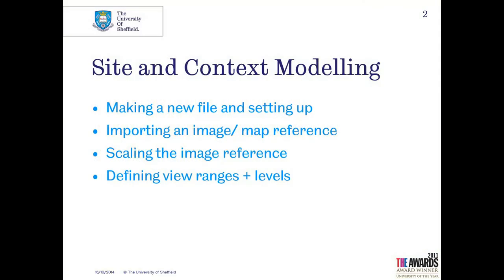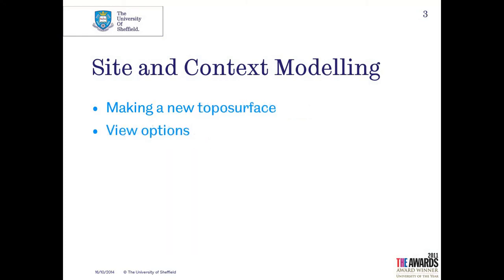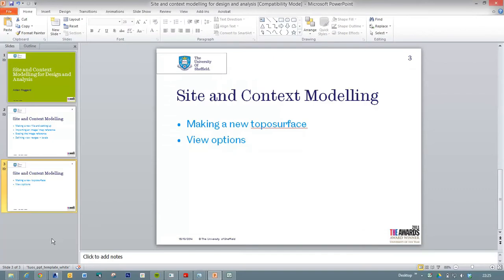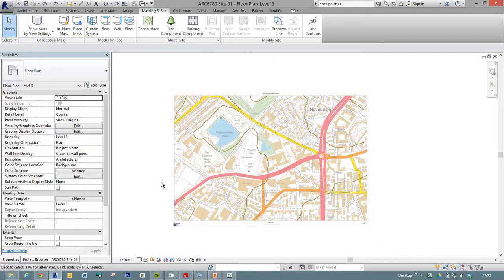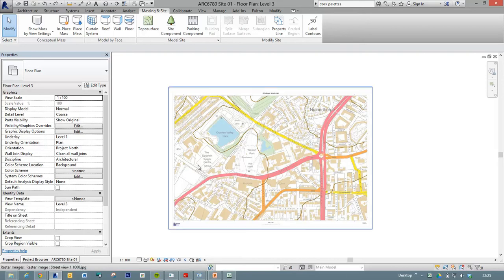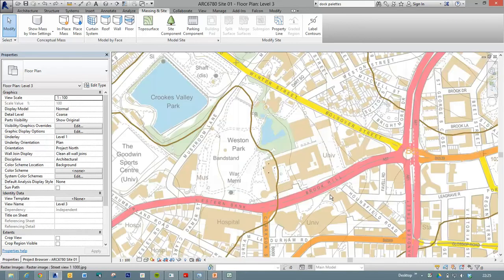Okay, so we covered these items in the previous video, and now we'll move on to making a new topo surface, and then we'll look at some view options for that topo surface. So let's go back into Revit, and here was our floor plan, which we inserted the raster image. Now I'm just going to hit ZZ, zoom in a little bit, and what I want to do now is